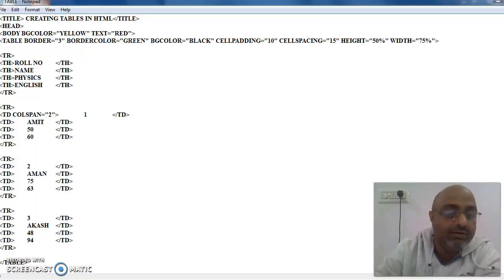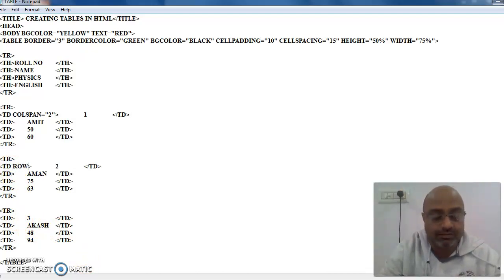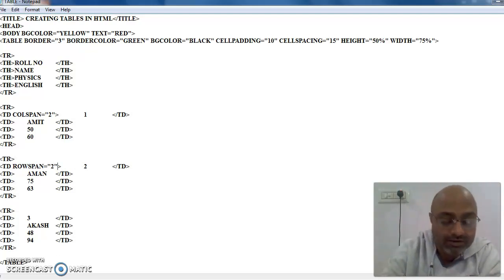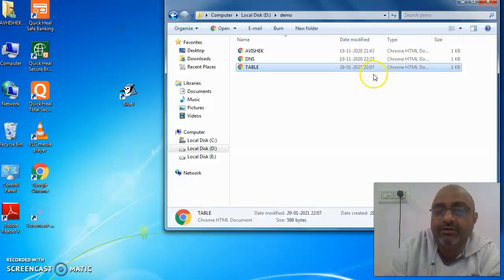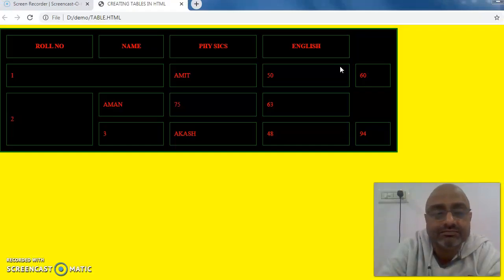Now again, row span, children, again has to be used within the TD tag only. So I use here row span is equal to 2. Now I am using the same parameter so that you don't get confused and you understand the complete difference between row span and col span. So I save the page and then I go and double click on this.